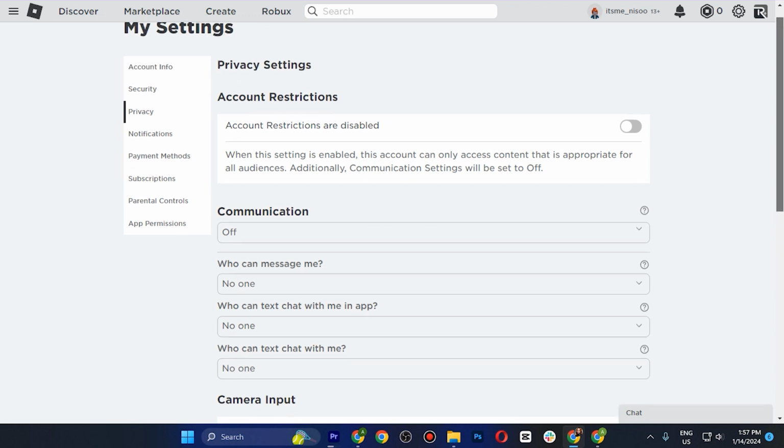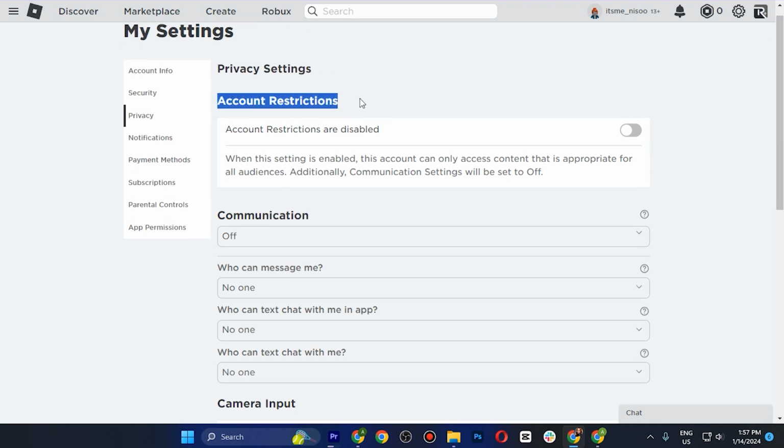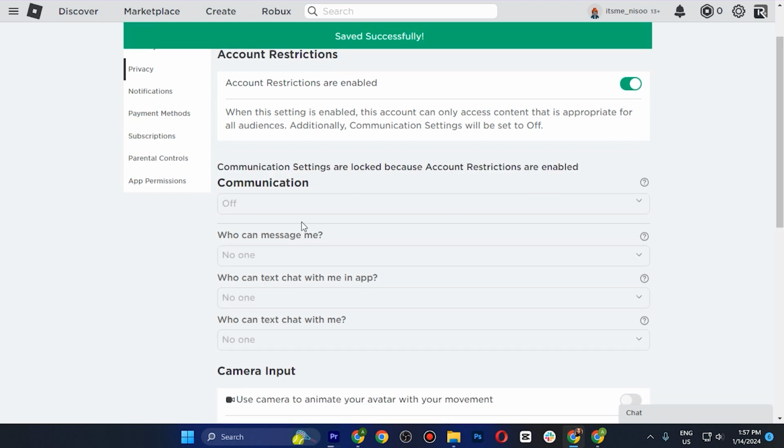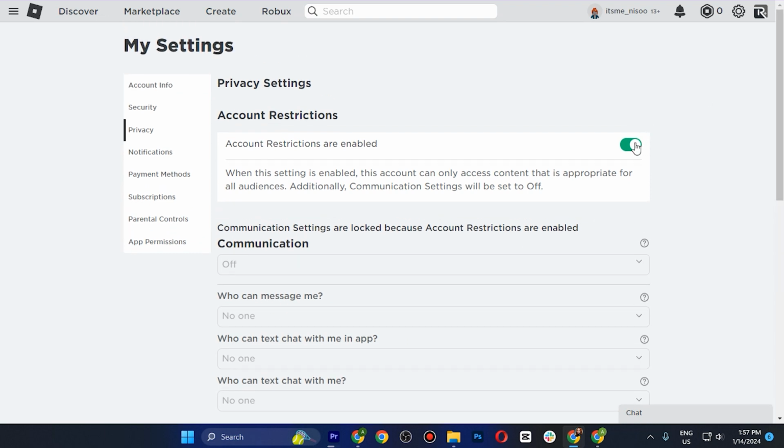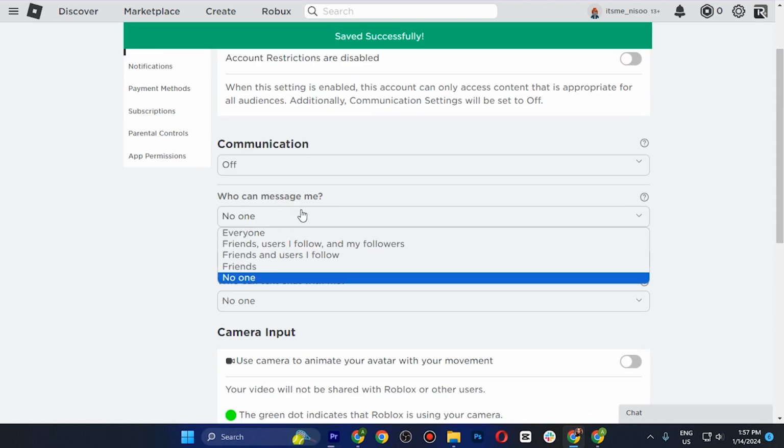Now from here you have to make sure that the account restriction is disabled, because if it is enabled you have to add the PIN just like this, and if you click on this you are not able to disable this communication. So you have to disable this account restriction first, and after that you have to go to